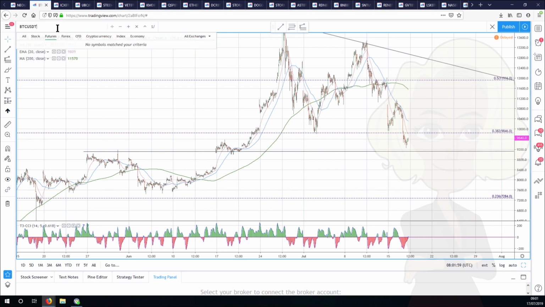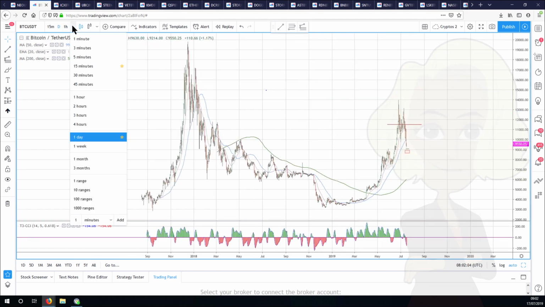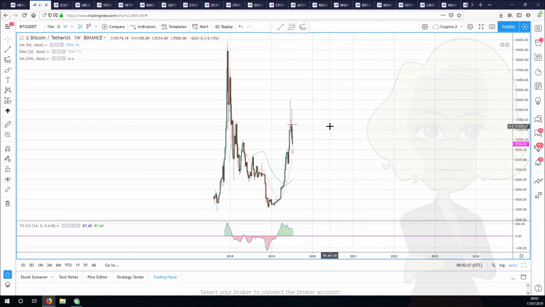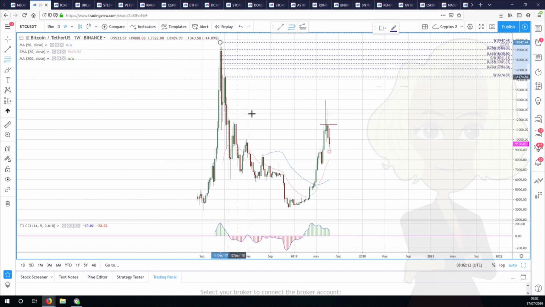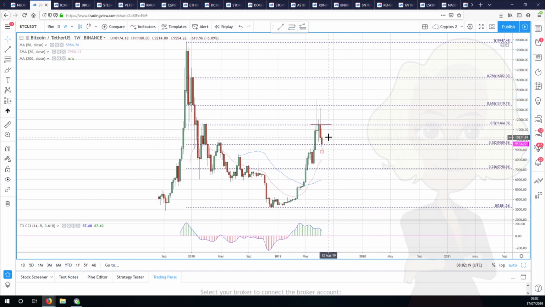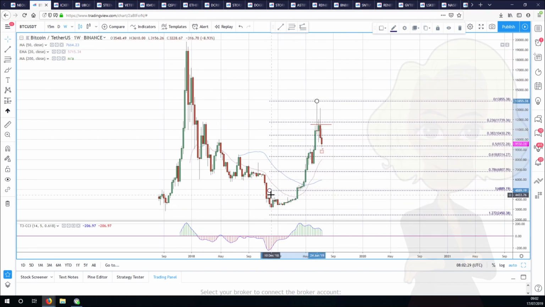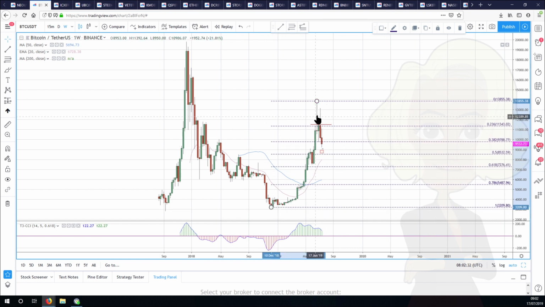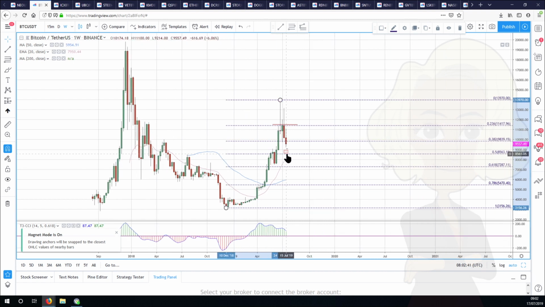So for example, let's look at Bitcoin US dollar Tether at Binance, and I'll show you what I mean about this 50% level. So on the weekly, if we go from this high to this low, you can see that we could not close above this 50% level, and markets that mean revert at a 50% level tend to then do it again 50% the other way. So if we go 50% from this low to this high, little magnets back on so I can measure it right, that gives us a target down here of